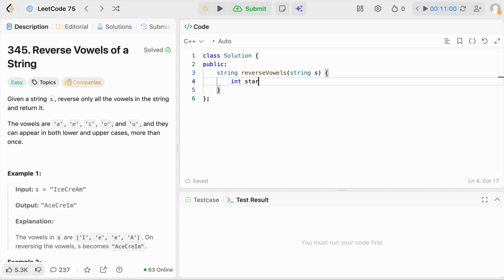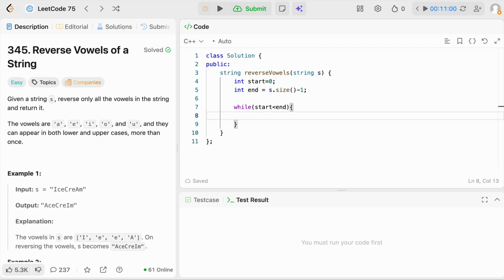Two pointers, one with the name start, will make it point to the start, and another one, the end pointer, we will make it point to the last index, which is s dot size minus 1. Now we are going to iterate through the array. We'll iterate only till my start is less than end. Now we'll try to find the leftmost vowel. That means I'll do it till my start is less than s dot size,